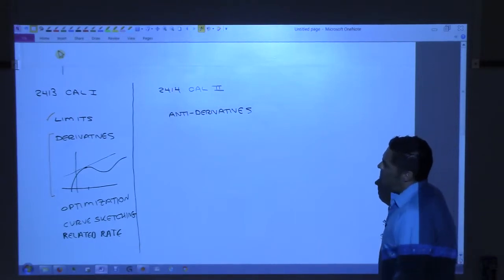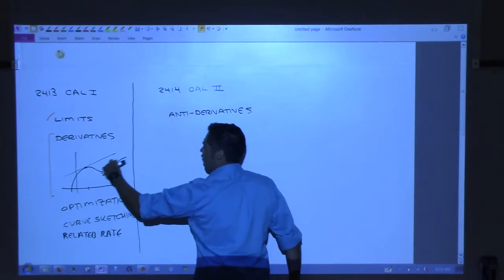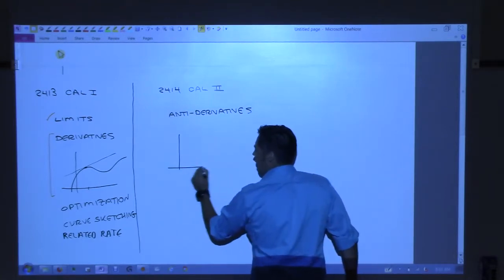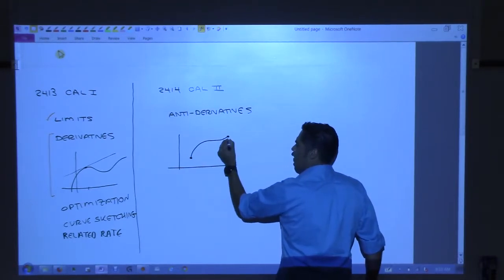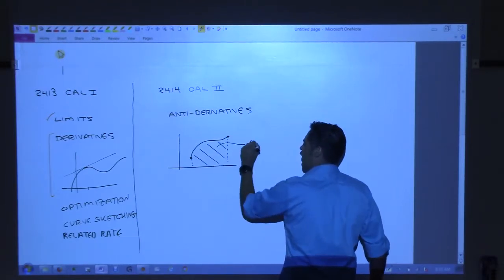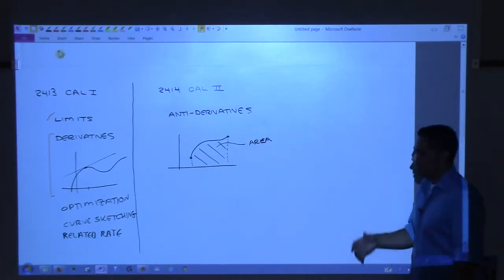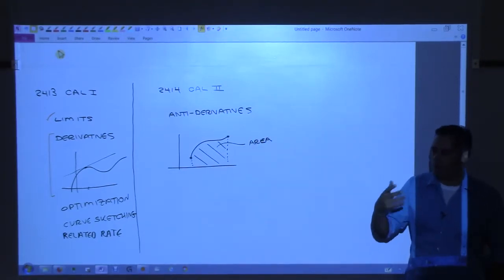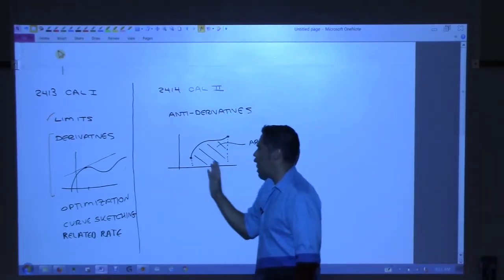All right, so antiderivatives. Now, geometrically, the derivative gave us the slope of the tangent line, right? So geometrically, we're going to actually have something from this also. What we're going to find out later is that the antiderivative allows us to look at a curve and then take 2 endpoints of that curve, drop these lines down, and the antiderivative will somehow be able to give us the area under that curve. It's some magical formula that we're going to have. It's actually related to what's called the fundamental theorem of calculus, but that area can be found under any curve by simply finding the antiderivative of the function. So no more slopes of tangent lines, instead we have areas.